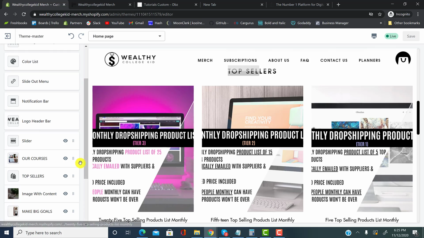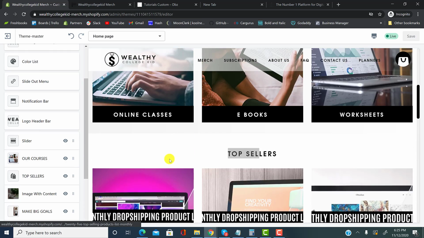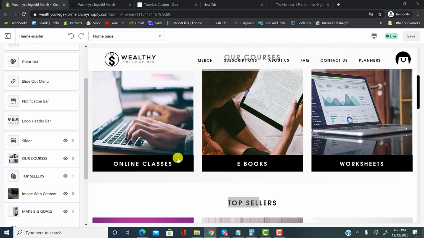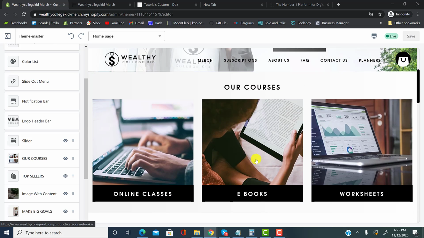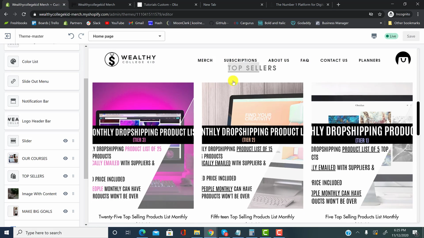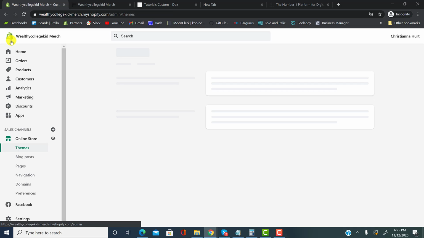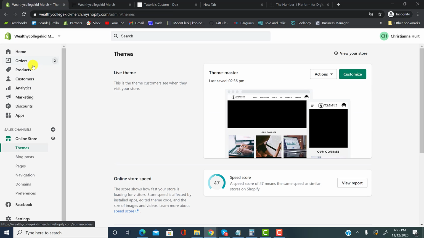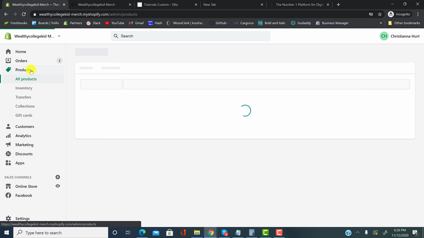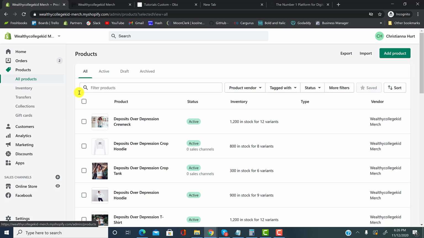All right, so that's pretty much how you control those 2 sections. That's all we're going to go over today: how to control the collection area and how to control the top seller area. I'm just going to give you guys a little bit of extra credit because I'm in a good mood today. I'm going to show you guys how to create a collection, if you haven't watched my how to create a collection video. All right, so this particular business